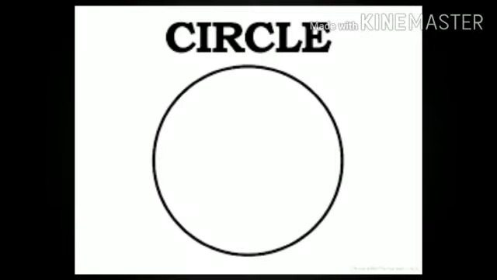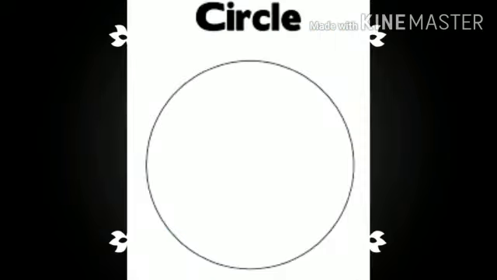Okay, then circle. A circle is a shape consisting of all points in a plane that are a given distance from a given point, the center. Equivalently, it is the curve traced out by a point that moves in a plane so that its distance from a given point is constant. Dear children, if this explanation seems difficult, you should not mind it, but you have to practice drawing the circle by hand. Okay?